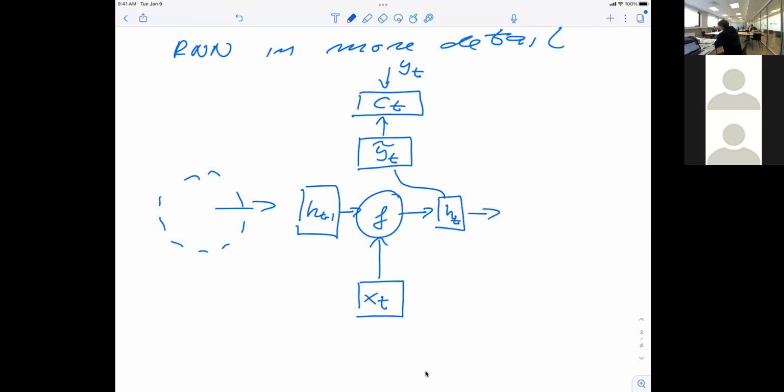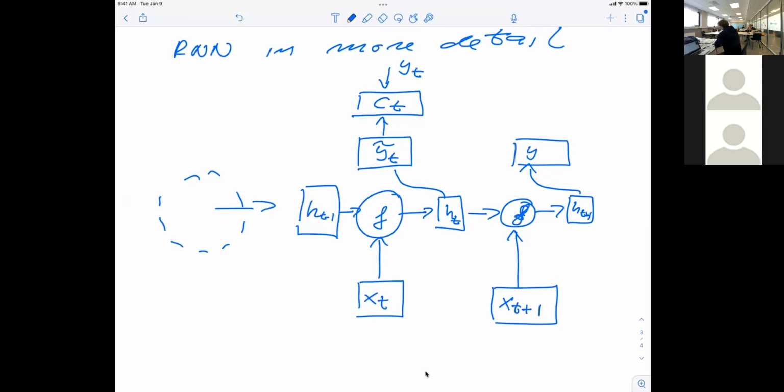This is now connected to the next time step, f. It receives a new input from some external force which we have, or some engine which is acting on the system. Then this feeds into the next h of t plus 1, which then goes in and produces a new output from the model.